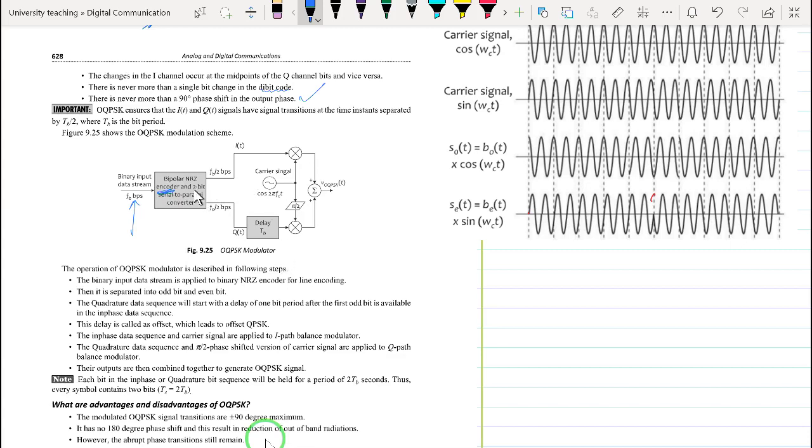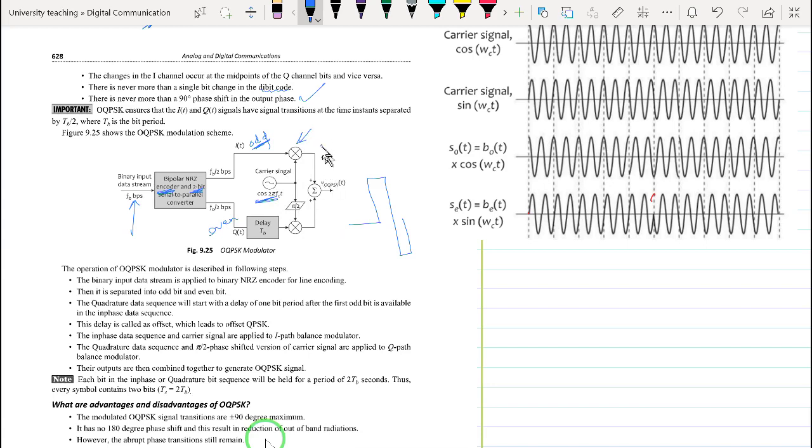And after they are encoded, they are given positive and negative going pulses. They are separated into the odd and even bits. And just like we did with the QPSK, the odd bit joins the I channel, and the I channel is multiplied by the balanced modulator with the cosine carrier signal,